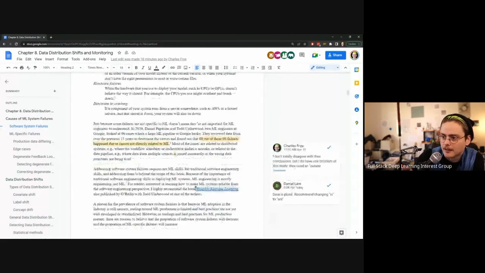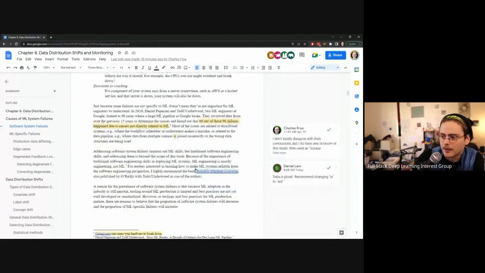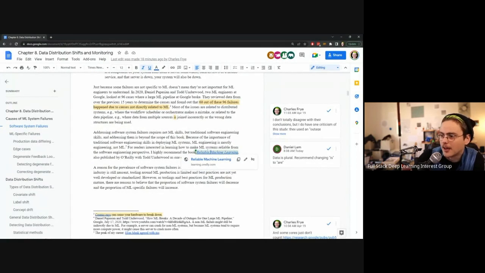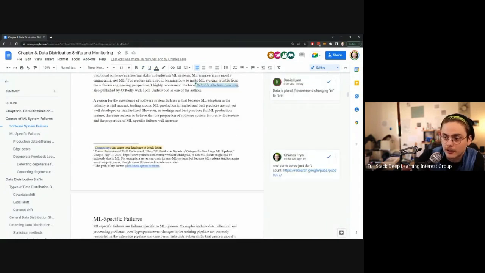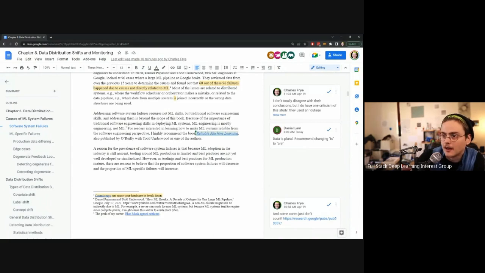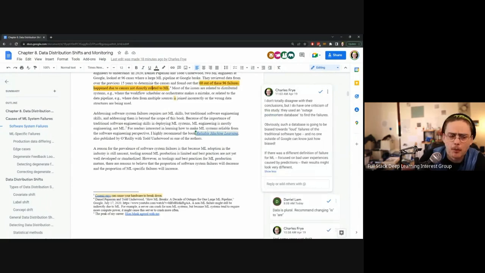So this section is a little bit less directly interesting with ML, but this reliable machine learning talk by Todd Underwood, who also gave a really interesting talk about ML systems, points out that there are a lot of failures in a big ML system that are really just about distributed computing being really hard.